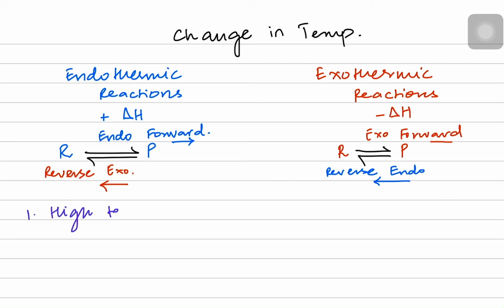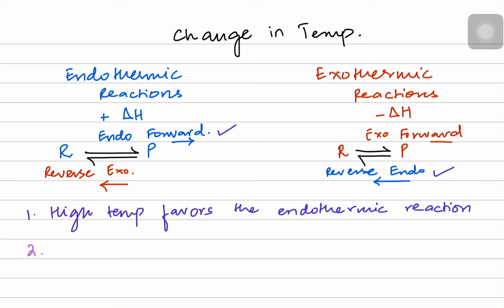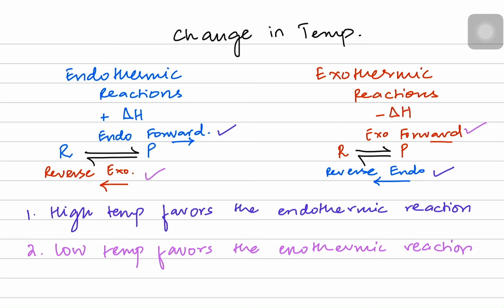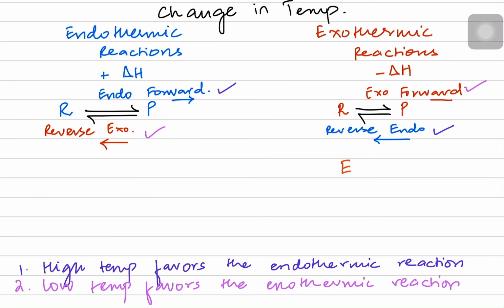Now two points are important. High temperature always favors the endothermic reaction, whichever it is, whether it's the forward or the reverse. So in an endothermic reaction it will favor the forward, but the reverse in exo. The second point is low temperature always favors the exothermic reaction. And by exothermic we mean the normal forward reaction of exothermic ones, but the reverse one of the endothermic ones. It becomes harder to remember, so I have a mnemonic, which is EXOTIL,